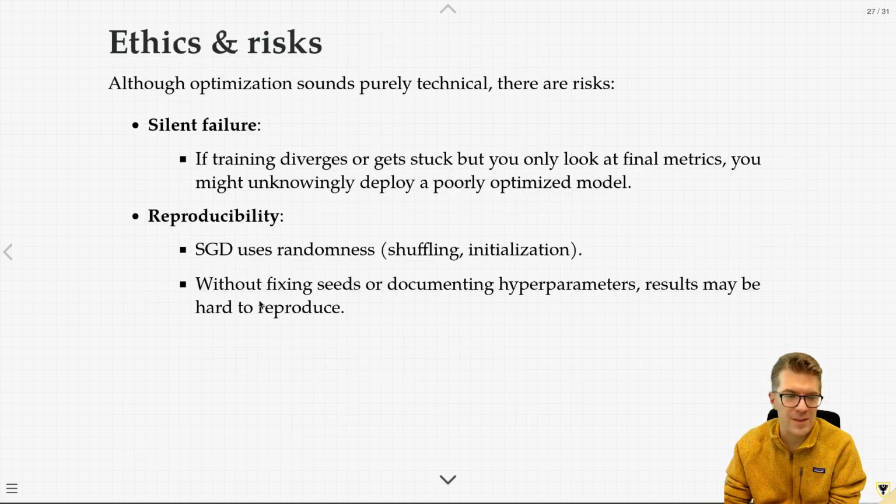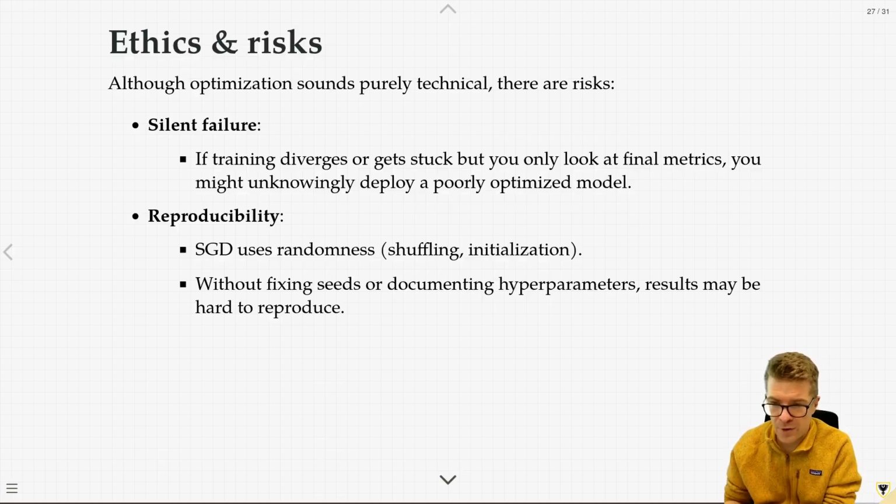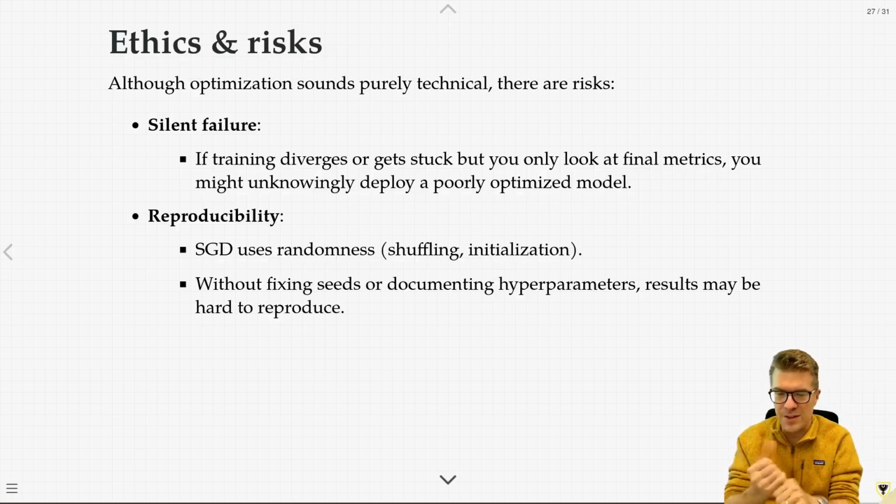But that's part of the overall process, becoming comfortable with uncertainty. Without fixing seeds, like we've done a lot in all the examples I gave you, or documenting hyperparameters and how they're tuned, the results will be hard to reproduce. This is a bit of a separate thing than what I was just talking about a moment ago, but both are true. It's true that sometimes doing lots of random samples is a good way of understanding the overall performance,